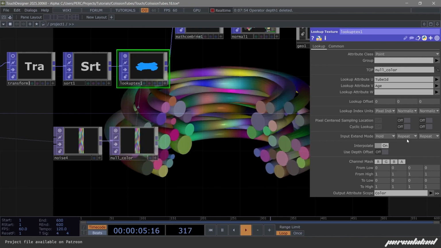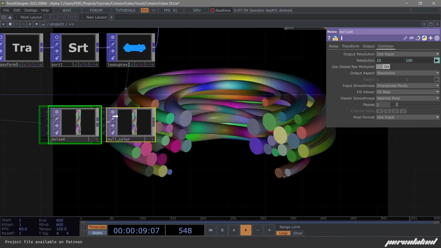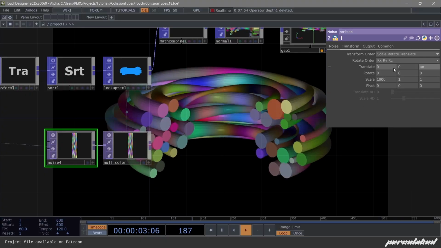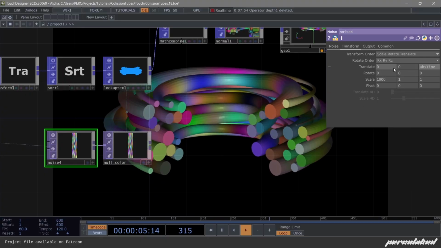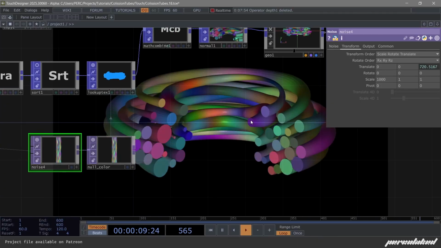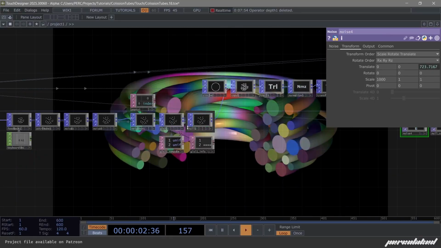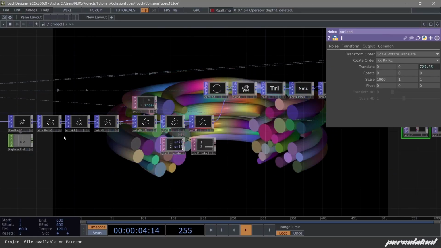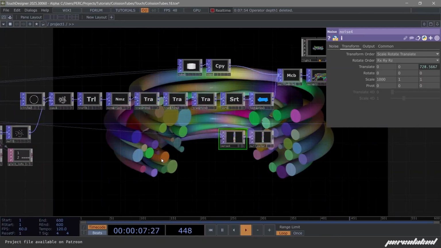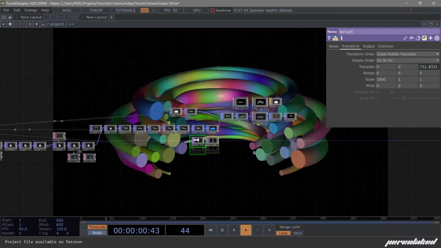We can change it to hold. Much better with hold. And now we have it. We can animate this. Then absolute time seconds. And that looks pretty cool. So that's great, right? And I remember we can change the bounding or the sizes and all that. Now that is kind of the first way of doing that